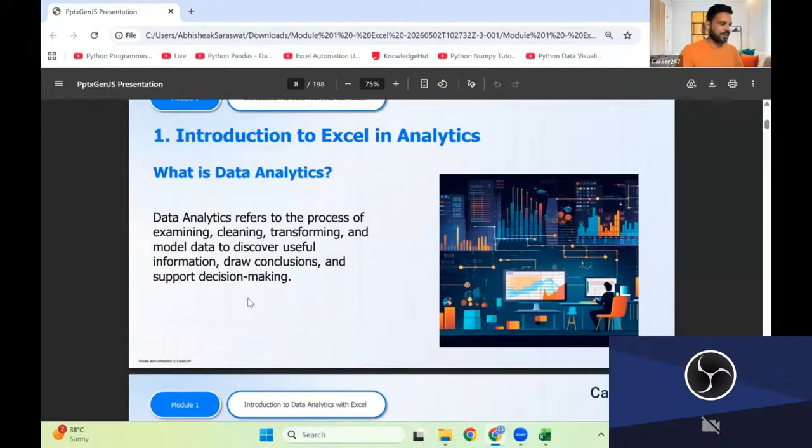हम जंप कर रहे हैं हियर एंड देयर। सो डेटा एनालिटिक इज द एक्जामिनिंग, क्लीनिंग एंड ट्रांसफॉर्मिंग ऑफ द डेटा। ठीक है, डेटा एनालिटिक का प्रोसेस ही यही होता है कि हम अपने डेटा को डिफरेंट डिफरेंट एंगल से एनालाइज कर सकते हैं, ट्रांसफॉर्मेशन कर सकते हैं, डेटा व्रैंगलिंग कर सकते हैं, डेटा मंजिंग कर सकते हैं, ऑटोमेशन कर सकते हैं, एंड डेटा विजुअलाइजेशन करते हैं। एंड दिस इज द प्रोसेस कैन बी डन बाय द डेटा एनालिटिक।